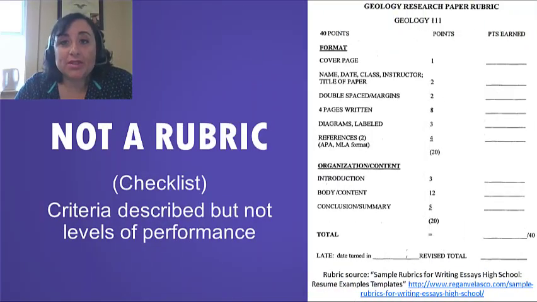So this example is not really a rubric, but we're including it because a lot of people would consider something like this a rubric. In fact, you see in the title, the person who wrote this wrote that it was the geology research paper rubric. What it does is essentially identify the criteria, but not describe the levels of performance. So it's showing that, having a cover page or having 4 pages written or having references are each worth a certain amount of points. And then on the right side, the instructor can fill out how many points they earned